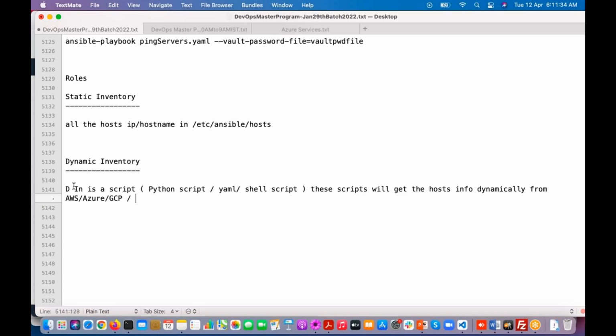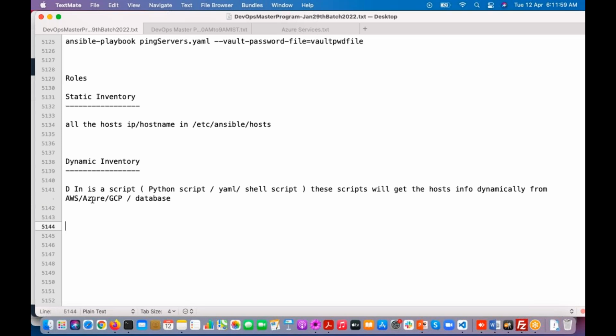Or suppose all your host information is stored in one database, in one table. For that also you can write a shell script, connect to the database and get all the host inventory details,